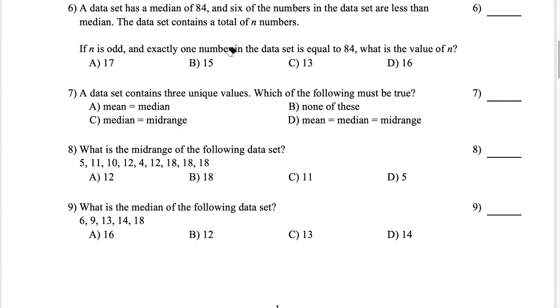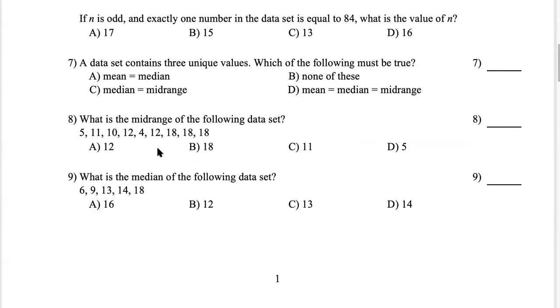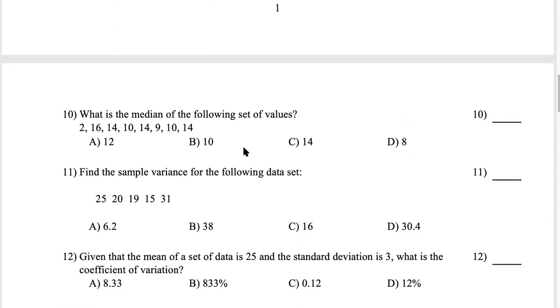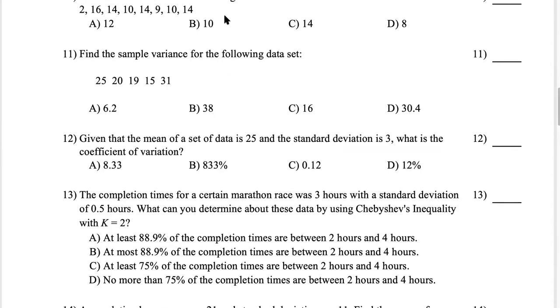Let's see. Number 8. Mid-range, do the calculation, the highest plus the lowest divided by 2. Median, put them in order, find out, right? Find out the sample variance. Everybody, the variance, remember we have the S formula, right? S squared is equal to, there are 2 formulas, you can do that, okay? I'm not going to cover that. So you can follow the example we have mentioned in class, do that step by step, or use the other formula, right? 2 formulas. It's your call. We are not going to do that here. Now,